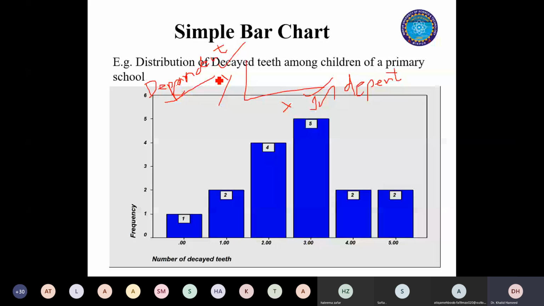Because I can just fix it. I can decide how much dose I need to give to the patient; it is not dependent on the time of recovery. Rather, the time of recovery depends on the antibiotics. Is it clear? Yes, sir. So the time of recovery depends on antibiotics. So that's an example. Here the time is the dependent variable, and antibiotics is the independent variable. You cannot decide the time of recovery.